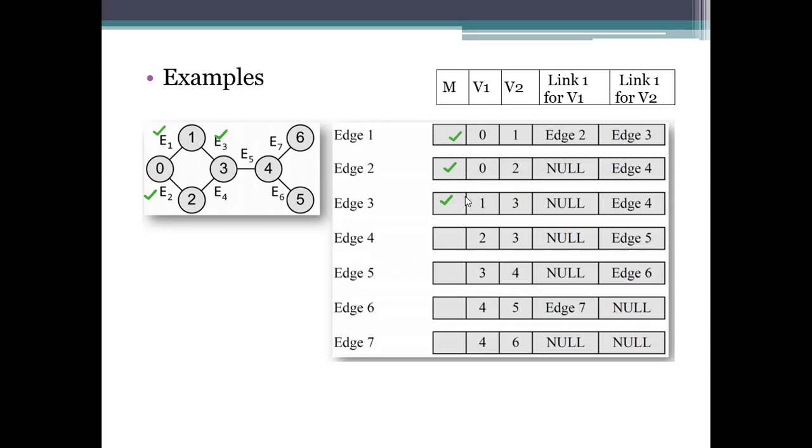Okay. 1 and 3. So what are the other edges for this one? E1. Since it is marked, we won't use this edge. Simply specify it as a null and go for the next one. So here 3 has been specified. As I said, we can use any one. So I am using the E4. E4 we will consider because it is not a marked one.